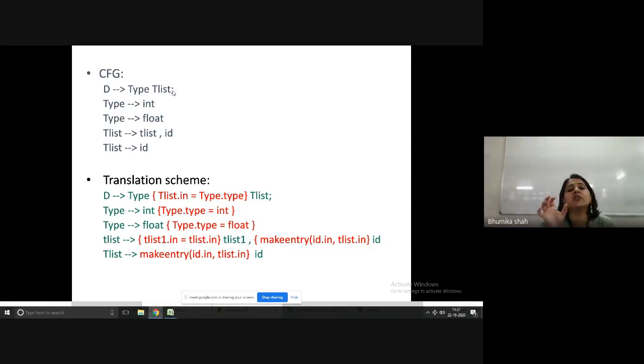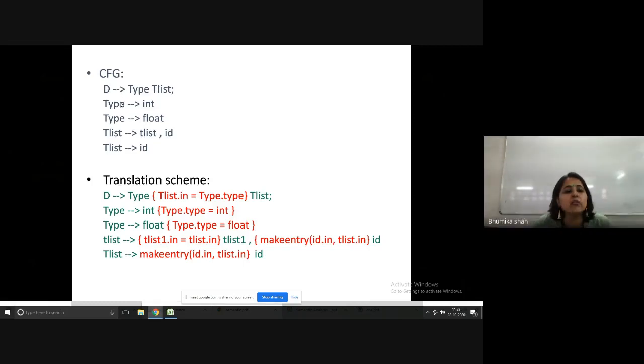So the semantic action should be included before T-list. Hence, first write down the original rule as it is, and just before T-list, add the semantic rule which calculates the value for T-list. So before T-list, I have written T-list.in equal to type.type. The semantic rule which this production indicates is written before T-list.